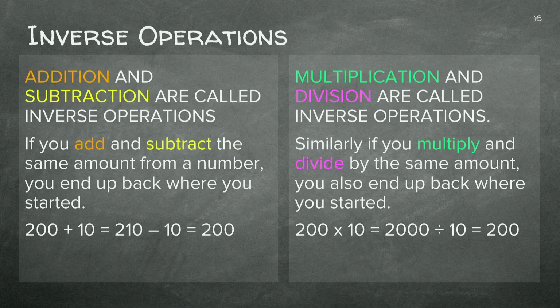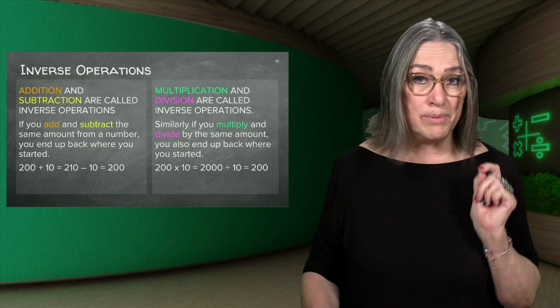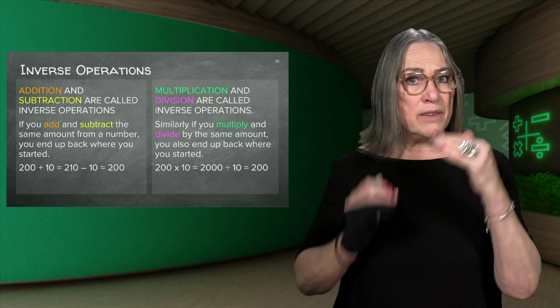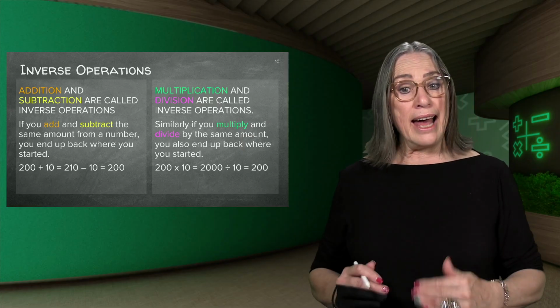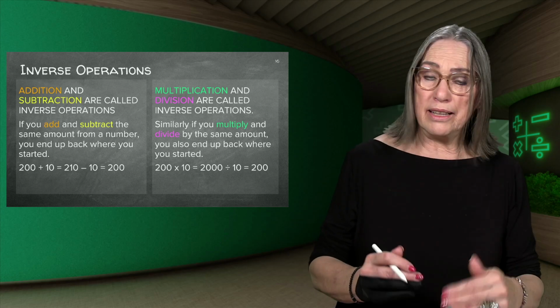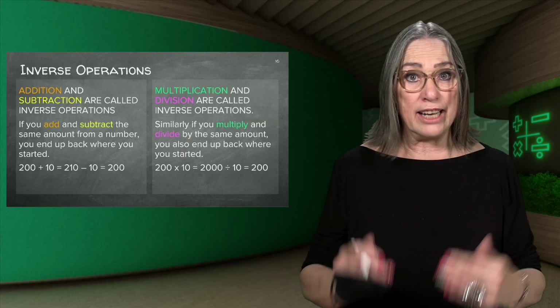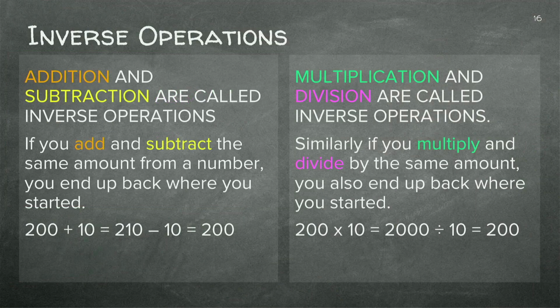Now, the last thing I want to say today, and I've alluded to it previously when we did subtractions. I said, how do you check if your sum is correct? You just add your answer to one of the numbers that you subtracted, and then you should get your initial number. So this is what we called inverse operations. Addition and subtraction are called inverse operations. And it's so nice because you can always check your answer if you know this and you apply it.